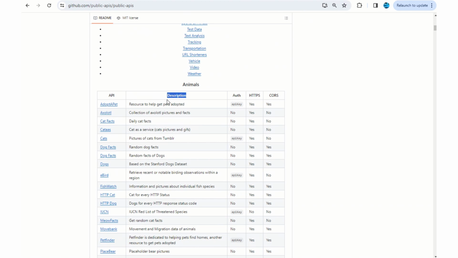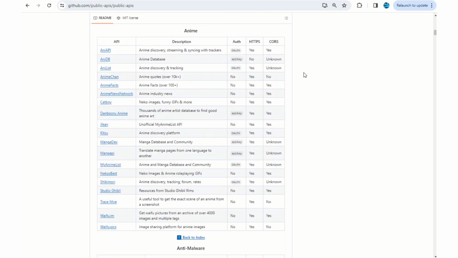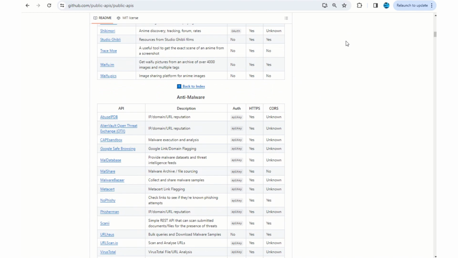This is the description, and it tells you whether authentication is needed with this API or not. At the same time, it also tells you whether this is a secured API or not. Wherever you see yes, this is protected by HTTPS, and in some places you see no, that means it's going to be plain text. The second option, you can go for